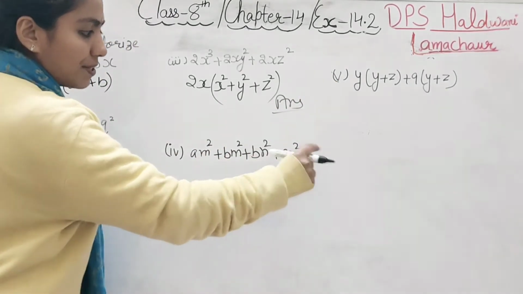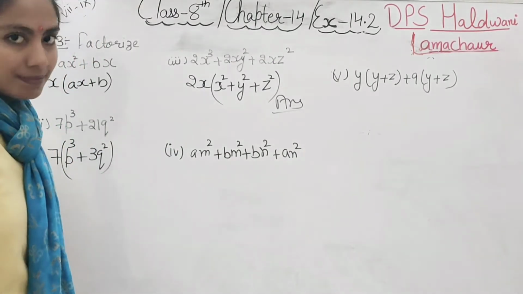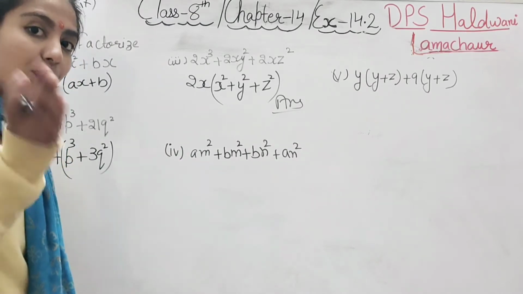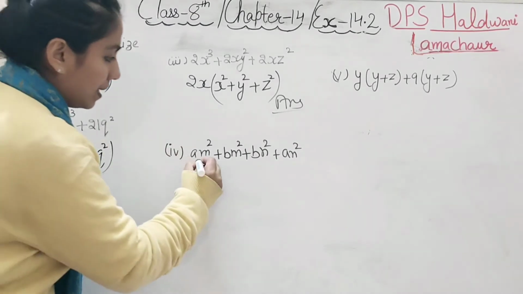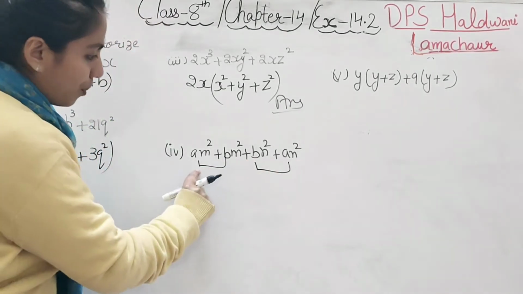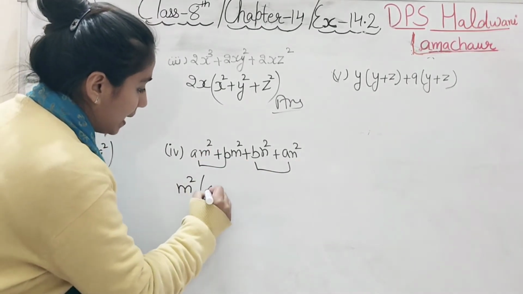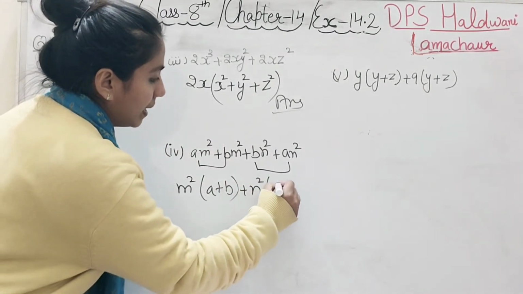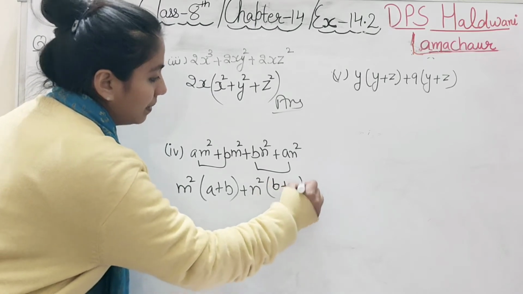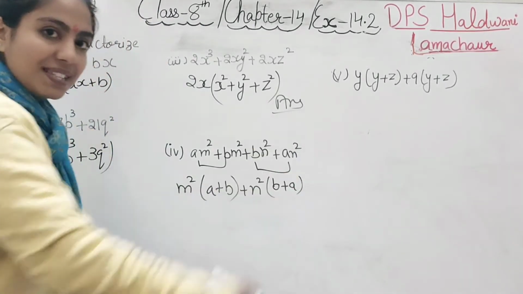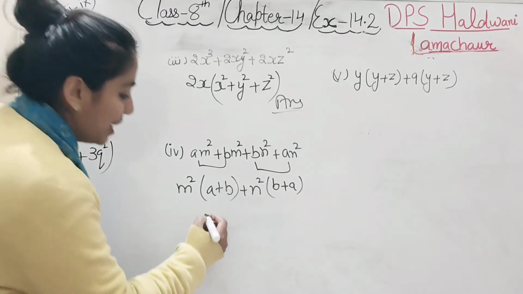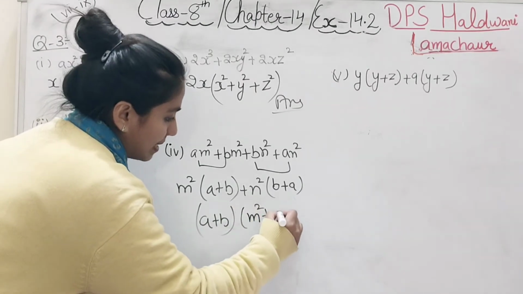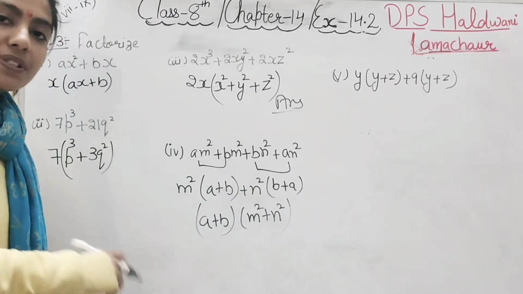You have 4 terms, student. Now see, regrouping the terms, because the factors are only possible with this method, because 4 terms are there. So we will make 2 pairs. This 2 pair and this 2 pair. So from this pair, m square is common and a plus b outside. And here m square will be common and a plus b or b plus a, whatever. The value is same only. And see, the bracket term is same. Right? It means our answer is correct. So the factors are (a plus b) and (m square plus n square). Right, student? Questions are very simple.